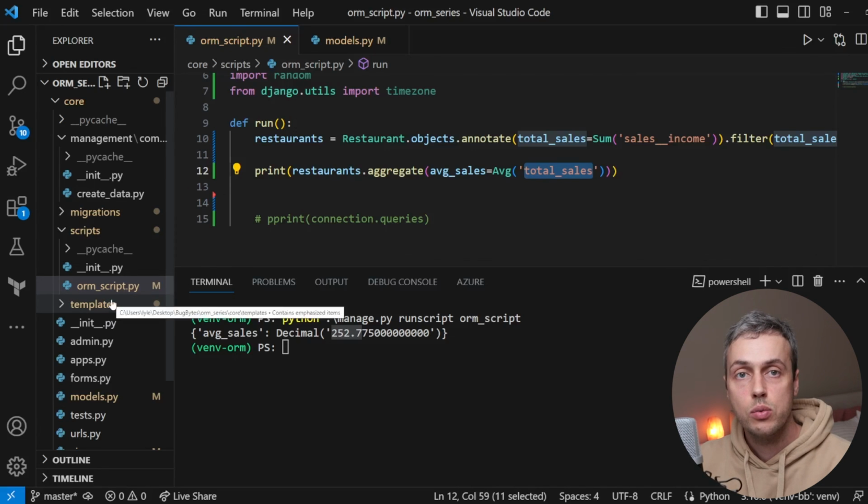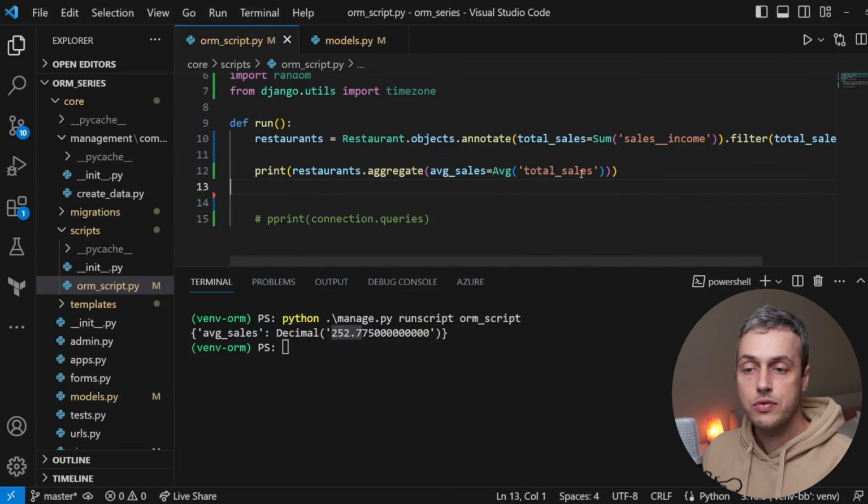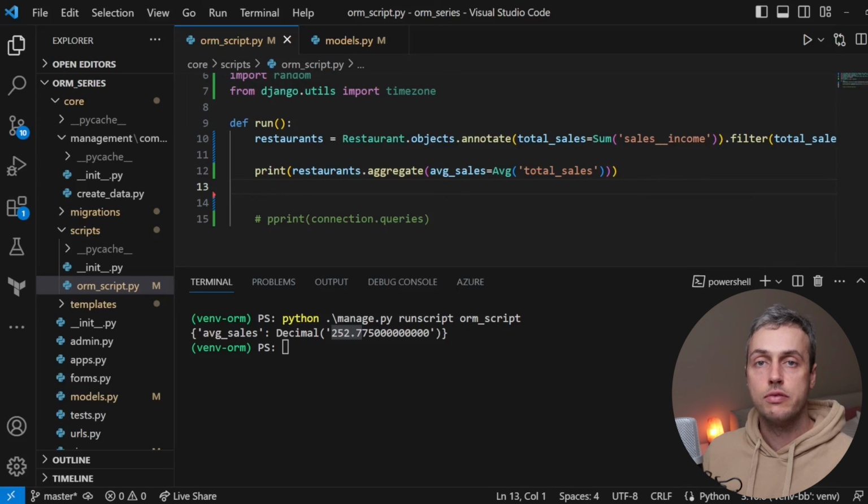So that's all for this video. We've seen a lot of things in this video: how to use the values and values list functions in Django. We've seen how to use the aggregate and annotate functions, and we've seen how we can use the values and annotate functions together in order to perform a specific grouping operation in the underlying database. In the next video, we're going to look at some more advanced querying operations in Django, but for now, if